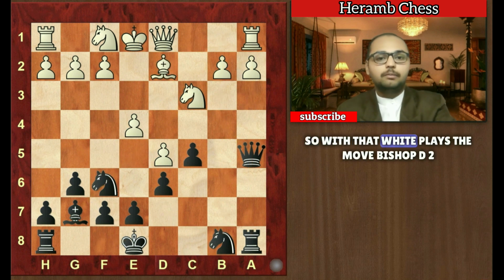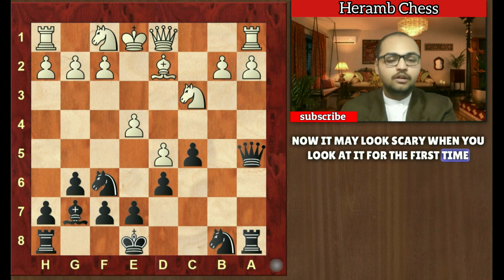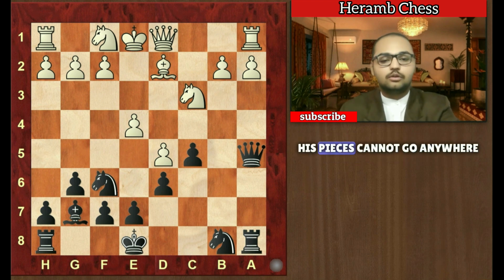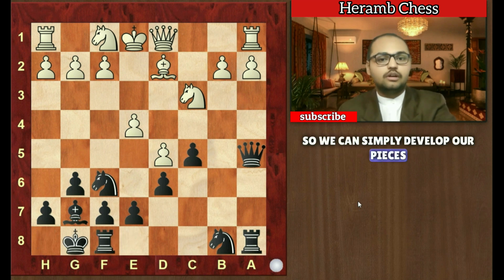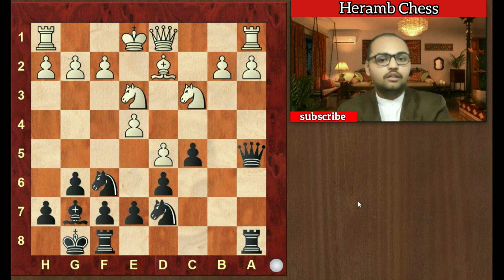So with that, white plays the move bishop d2. Now it may look scary when you look at it for the first time, but actually white has no real threat here. His pieces cannot go anywhere. His knight cannot go somewhere and give a very dangerous discovered attack. That's not possible here. So we can simply develop our pieces. So castles, knight e3, knight b d7,